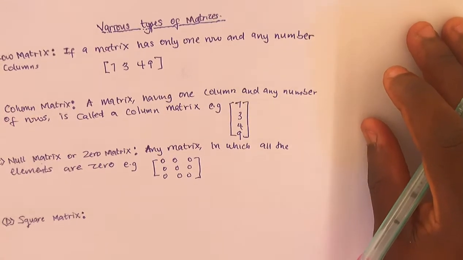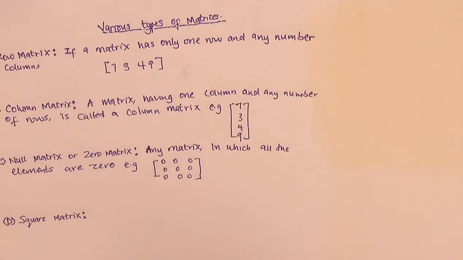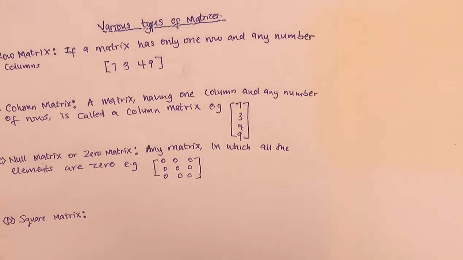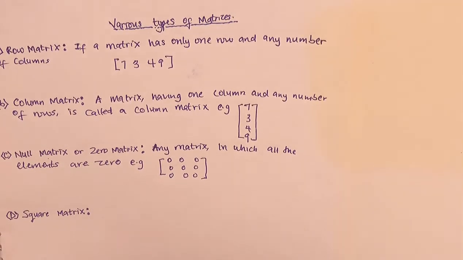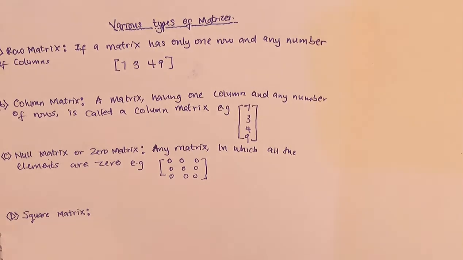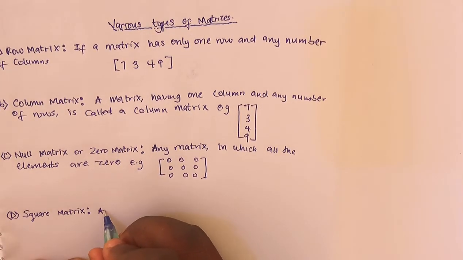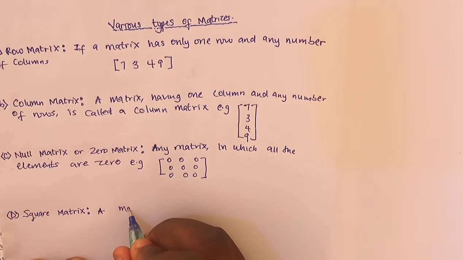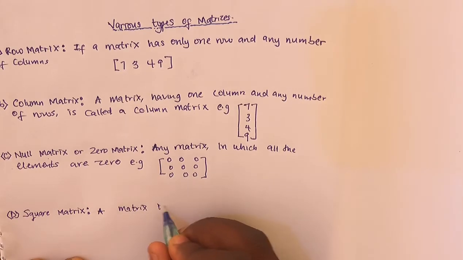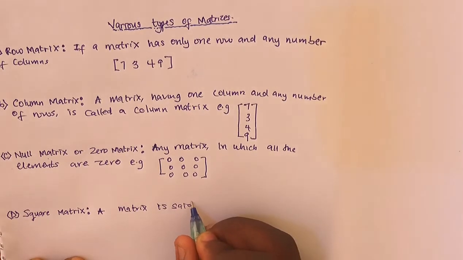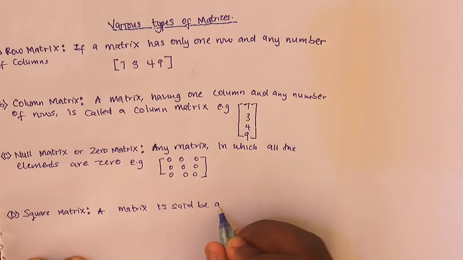Now let's move to the next one. The next one I'm having here is the square matrix. A square matrix is just a type of matrix in which the number of rows is exactly the same as the number of columns. What I actually mean is that a matrix is said to be a square matrix